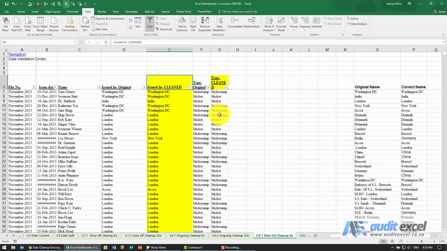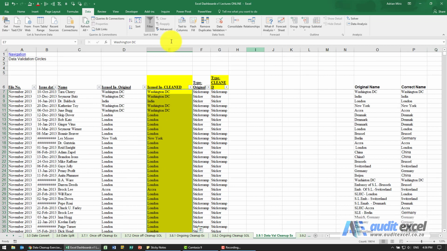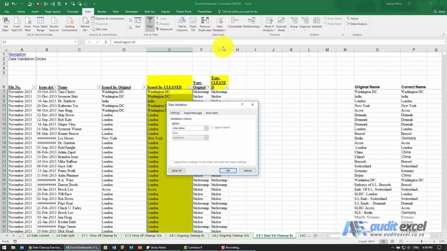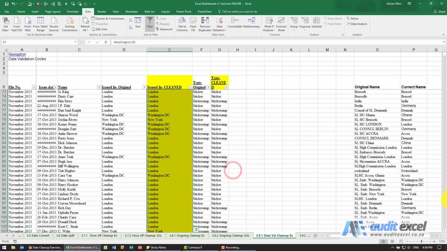The solution to this example: first thing we need to do, we've got how we want them to appear, and we've got the list here where it should be a drop down, so we can highlight it and then switch data validation on. So if I go to data validation, I'm going to choose a list, and the source is going to be my approved names here. I'm just going to highlight them all. I'm going to say OK.